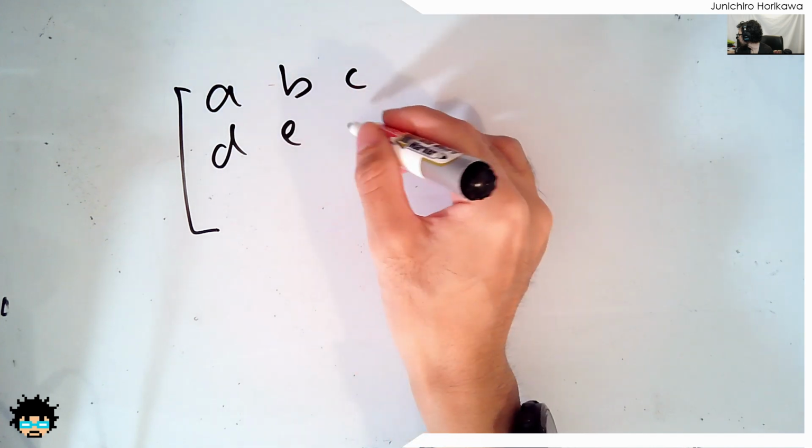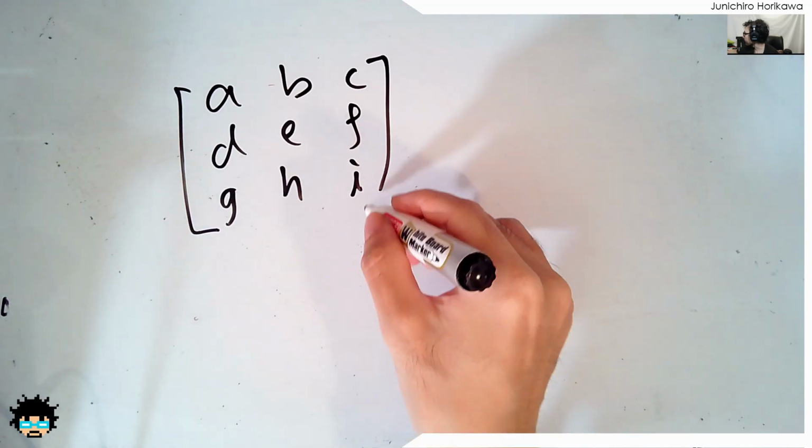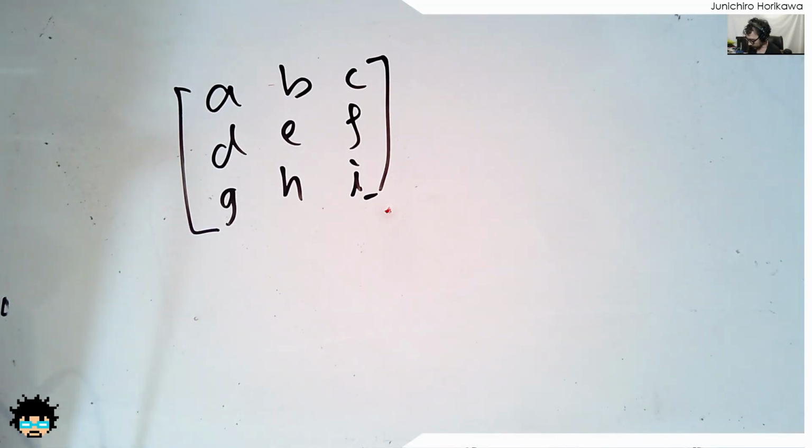A, B, C, D, E, F, G, H, I. So let's say you have a 3x3 matrix like this. And what you need to do in order to calculate the determinant,